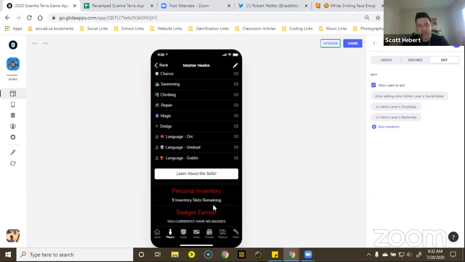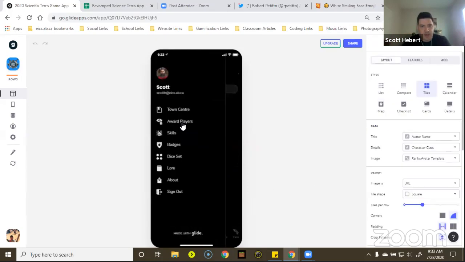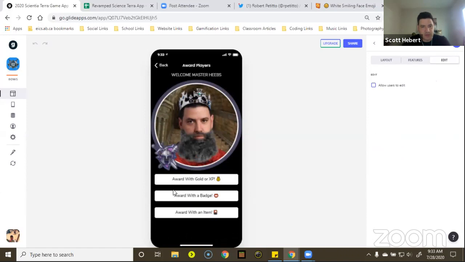So once you hit 9 cards, it will not let you take any more because your inventory is full, hence the ability to drop a card. So let's say you find a really powerful one and you have a really lame one. Before, you would just have the physical card, you'd give it to me and I'd give you the new one. So we needed to replicate that digitally. So this is how it came about. So that's kind of that, which I'm very proud of. These are things that took me a while to figure out, but I'm very proud of how it worked.